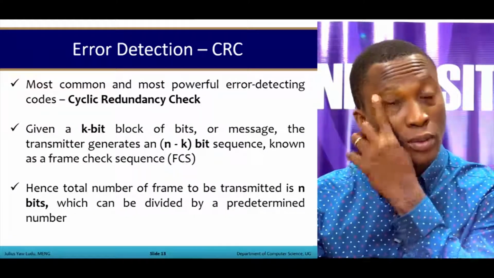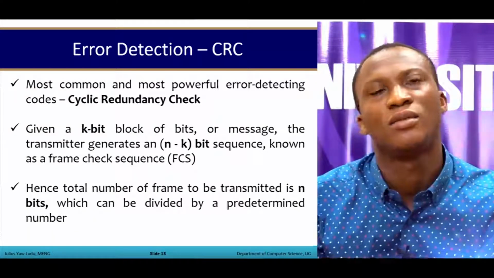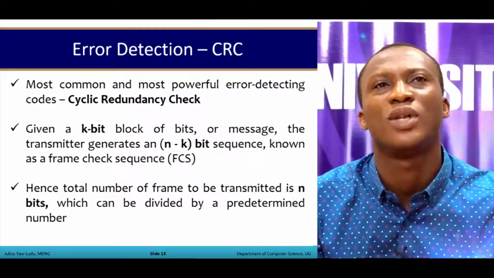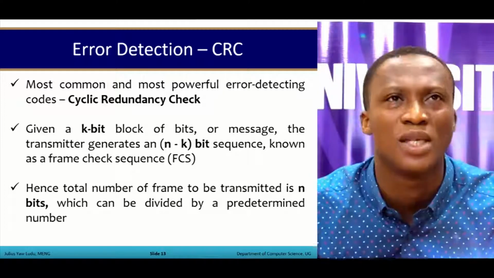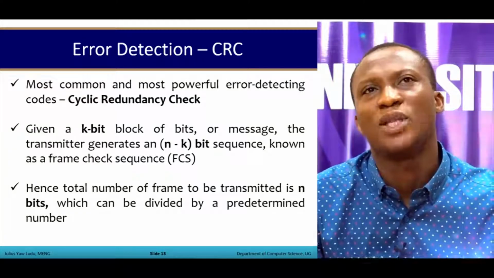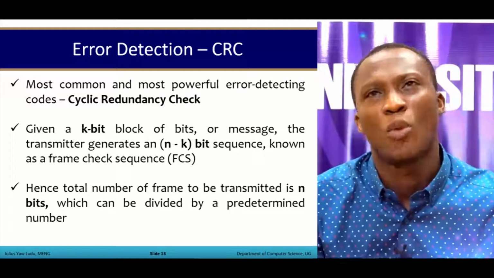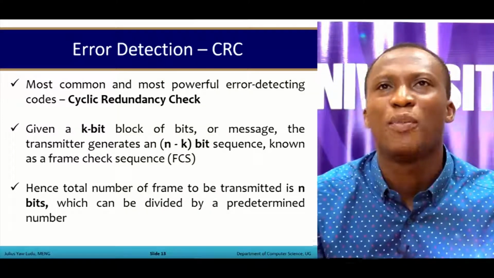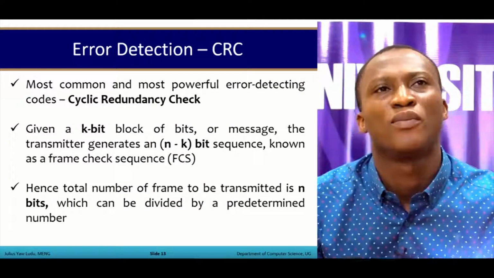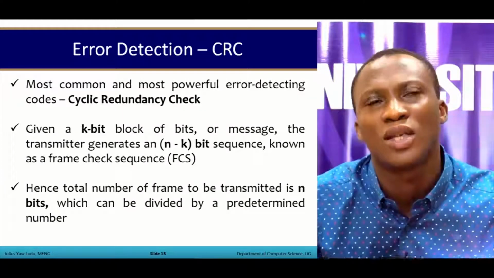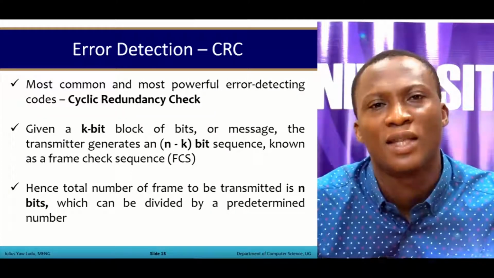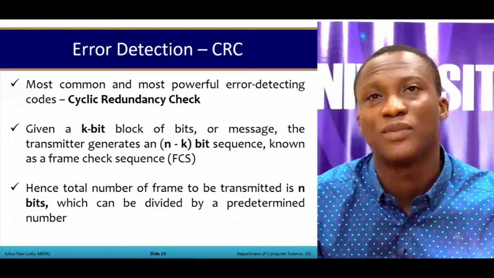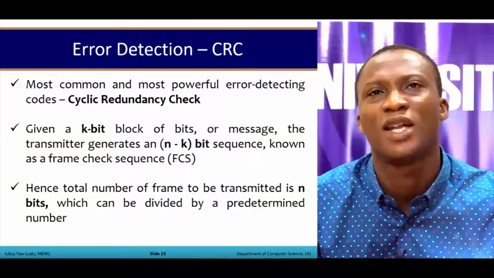Now, the most common and most powerful error detecting code that we have is the cyclic redundancy check, which we call the CRC. Given a k-bit block of bits or message, the transmitter generates an n minus k bit sequence known as a frame check sequence, FCS. Hence the total frame to be transmitted is n bits, and this can be divided by a